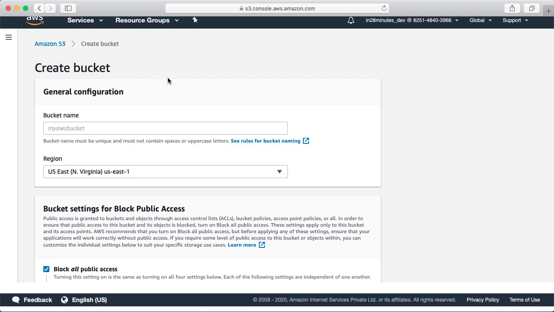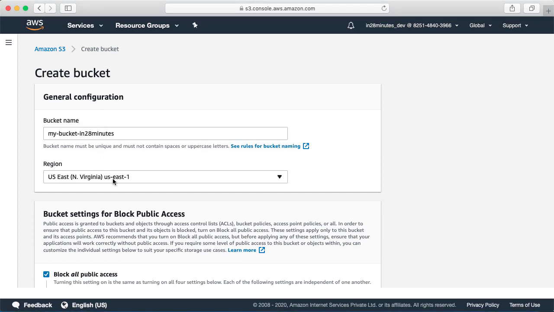Let's create a bucket and I'll give it a name. A bucket name in S3 should be globally unique. So it's not just unique in your AWS account, it actually should be unique in the global namespace across all AWS accounts. At a later point in time, we'll actually expose a website based on this bucket, and the bucket name would be part of the URL of the website. And that's the reason why a bucket name cannot have any characters which are not valid in a URL. So you cannot have spaces or uppercase letters or things like that.